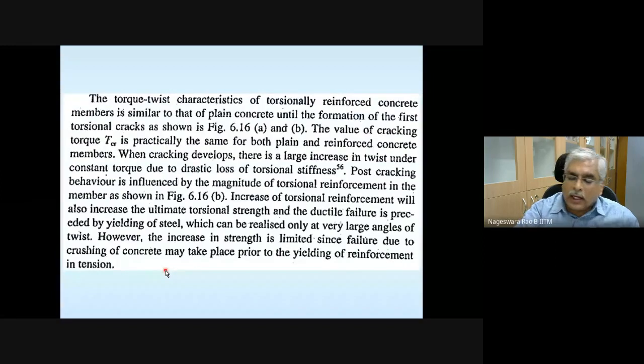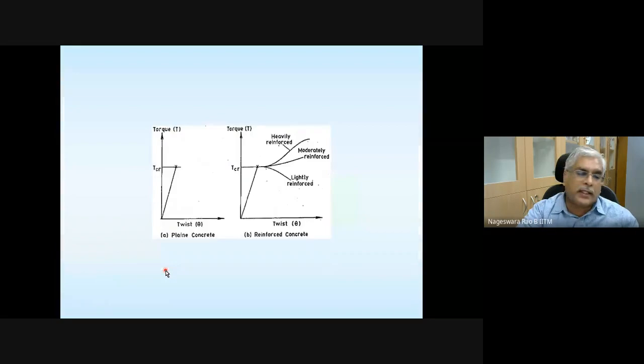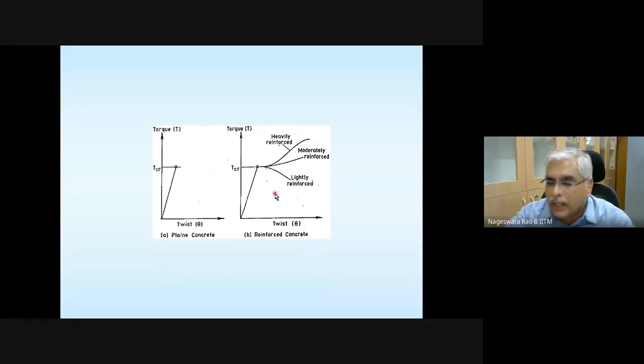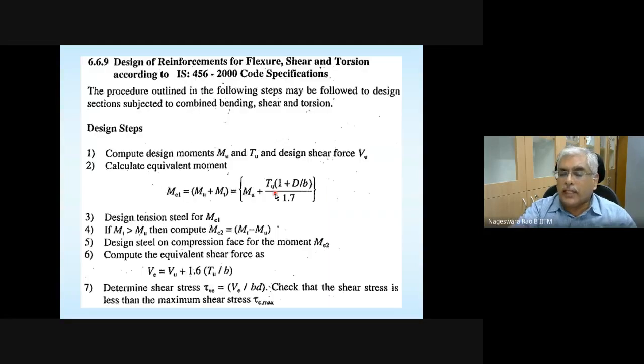So whatever reinforcement, additional longitudinal reinforcement and additional transverse reinforcement, that we are providing is to avoid a sudden failure, so that we can have some kind of warning before it fails. So this is the background behind providing the longitudinal reinforcement and transverse reinforcement, and we will see some examples in tomorrow's class.